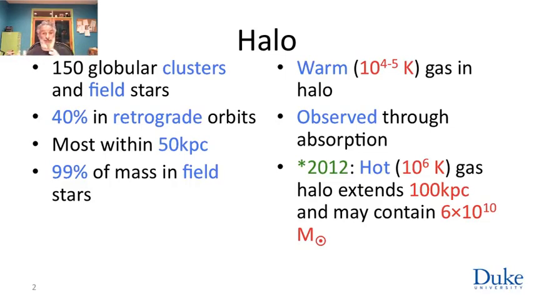A new discovery from September this year, so I'm putting it in there with an asterisk because I don't know how verified it's going to be, is that there is another gas component in the halo. This is hot gas with temperature of 1,000,000 Kelvin, which makes it transparent to visible light because there are no electrons with that excitation energy, but it has been observed through X-ray absorption by oxygen, highly ionized oxygen atoms in this gas, and if the Chandra result holds, then this halo might extend as far as 100 kiloparsecs,